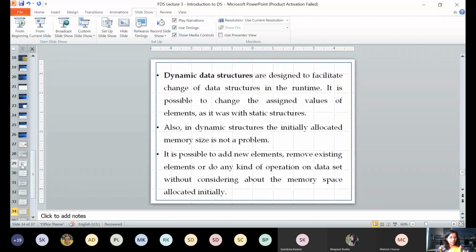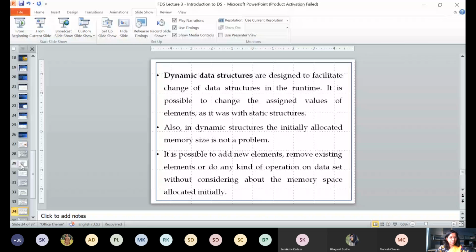Static is something which does not change. When static allocation is done, it is done before your program is compiled. So at compile time you are doing it, okay? While writing the program only, you are specifying that the array size will be 100 and this will be initialized to 50 and so on. So once you have initialized those variables to values, you won't be able to change them. I mean, the amount of memory allocated to the variable you will not be able to change.